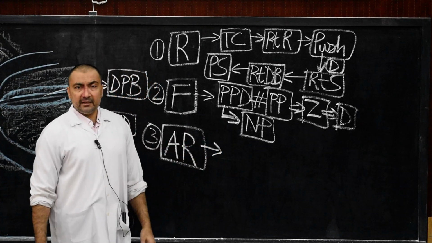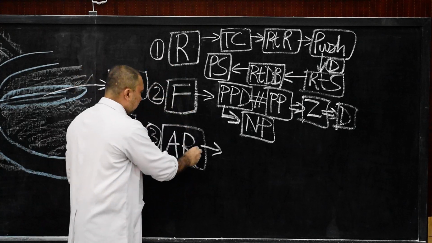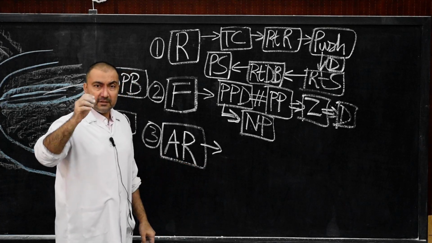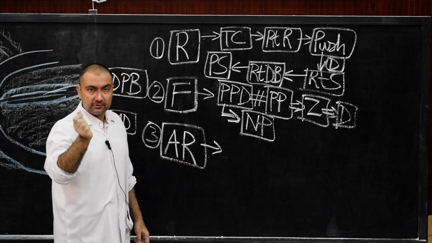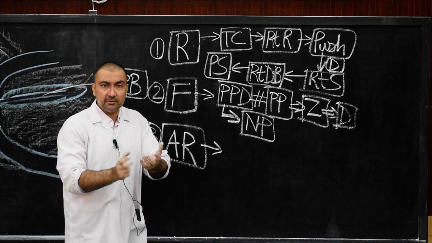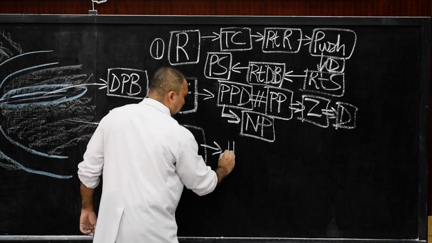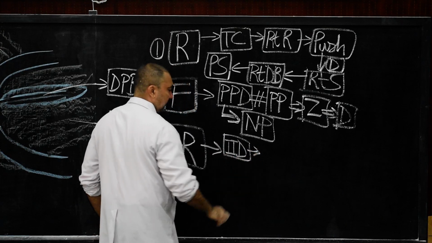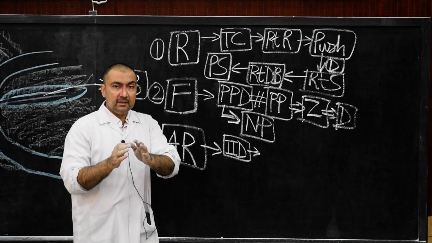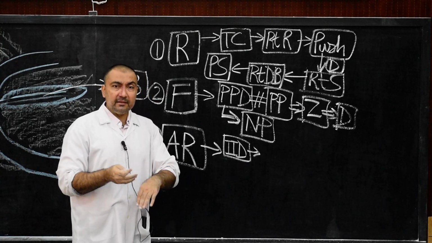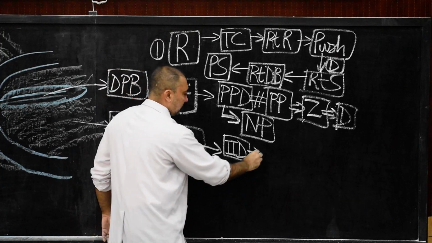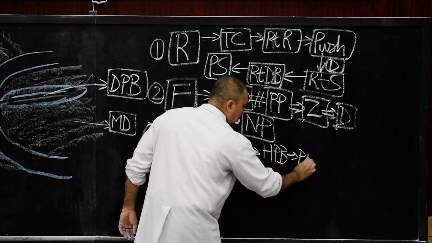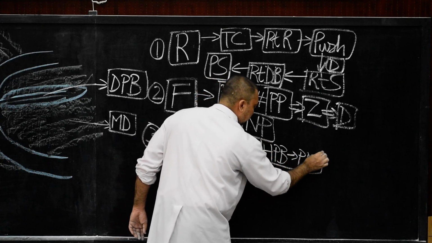Now, axial rotation. What will happen in axial rotation? After this rotation and fixation, the second segment of duodenum undergoes axial rotation on its own axis. What is axial rotation? Simple, rotation on its own axis. So the second part of duodenum will undergo axial rotation. As a result of which, what will happen? The hepatopancreatic bud will pass posteromedially. This is a very important statement.